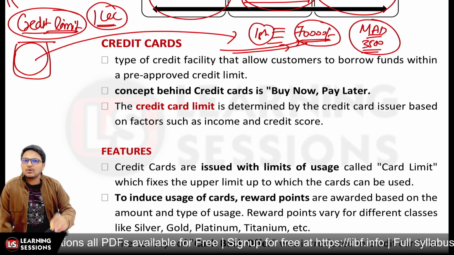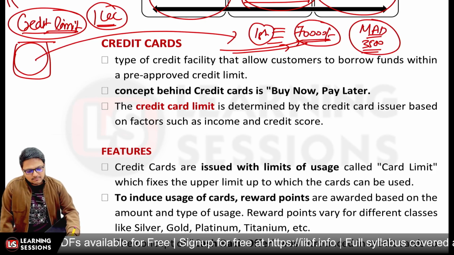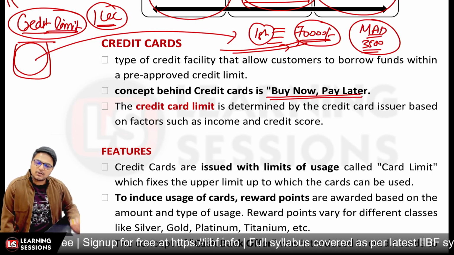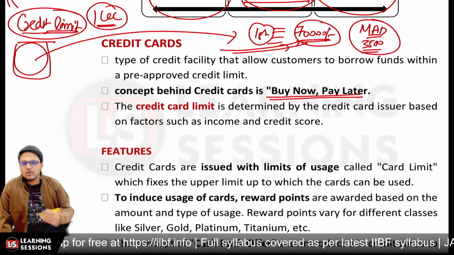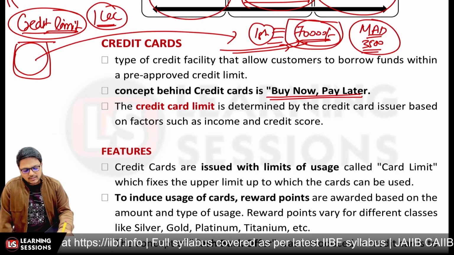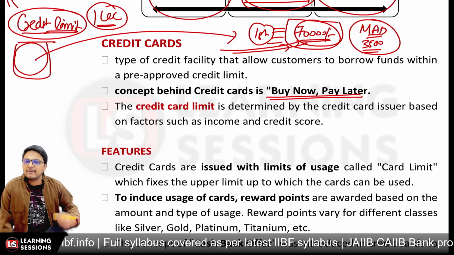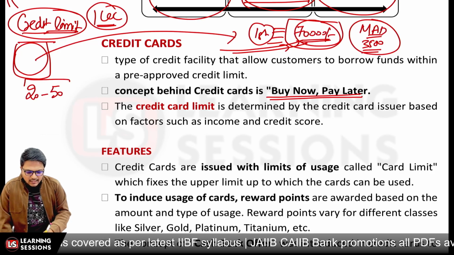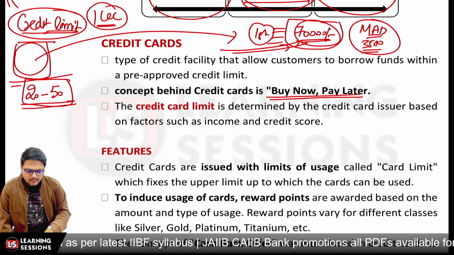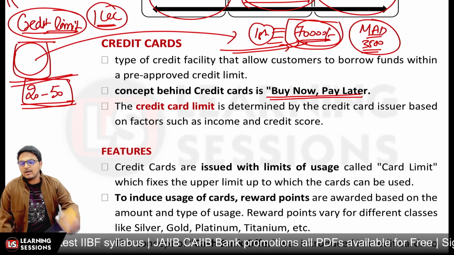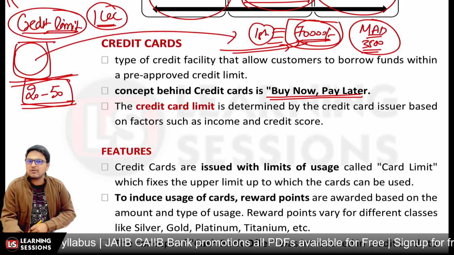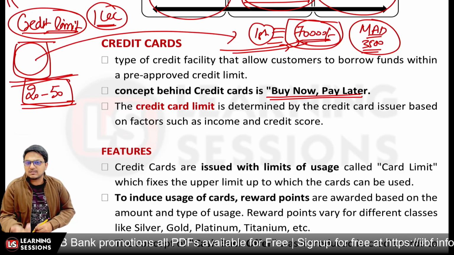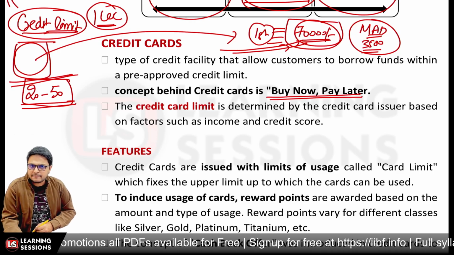That's the case related to the credit card. So a credit card says buy now, pay later. Right now you need not pay anything. After a particular period you can pay the amount, or alternatively you can pay the full amount. There is an interest-free period that will be given to you, ranging from 20 days to 50 days depending on the card company and different scenarios. If you repay the amount within that interest-free period, you won't be charged anything and can still use the card for the next transaction, right?